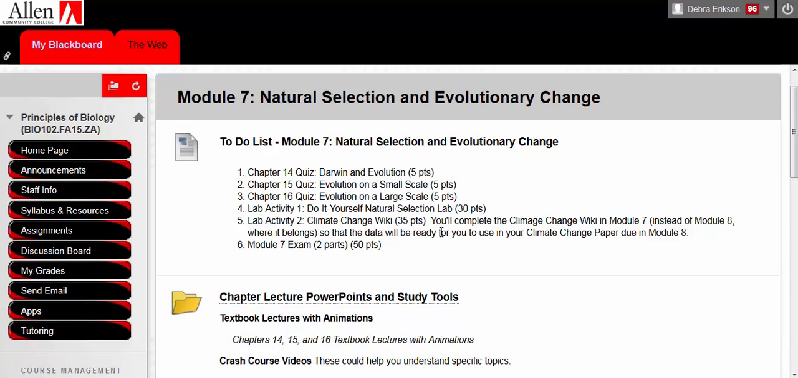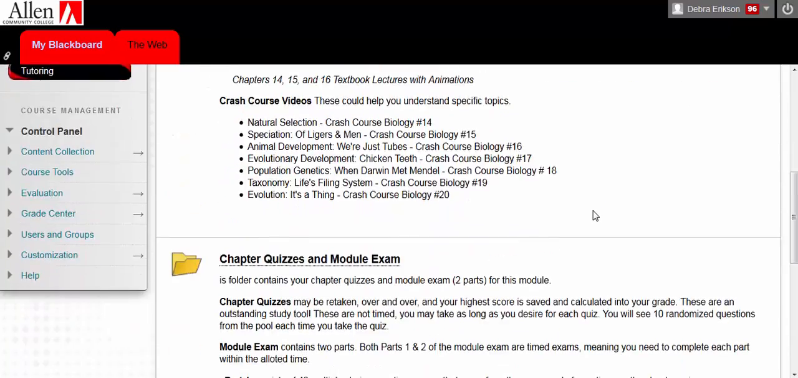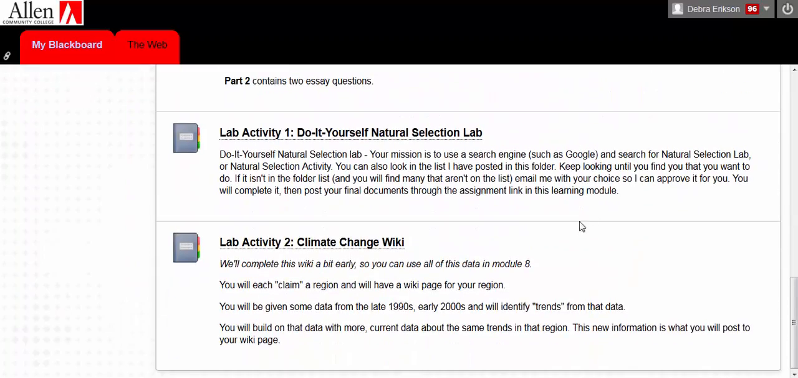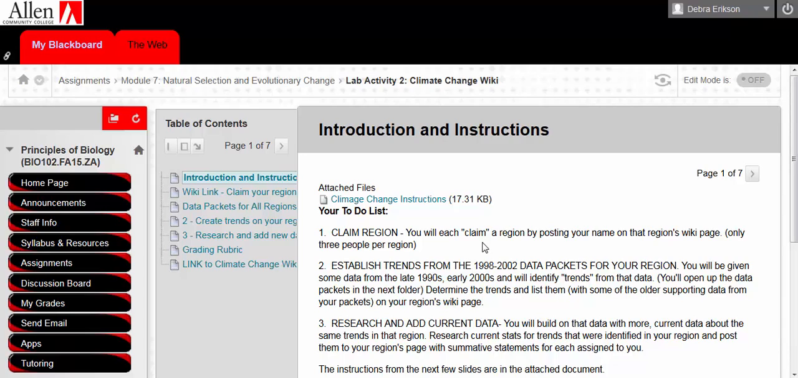That's the second lab activity that you'll do in Module 7. It really feeds into Module 8. That's when you use the information, but we need a whole module to get it ready. All right? Now, to start this off,